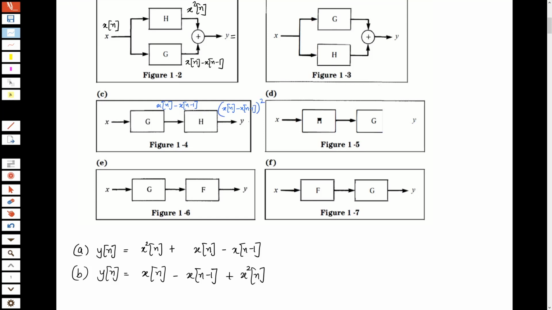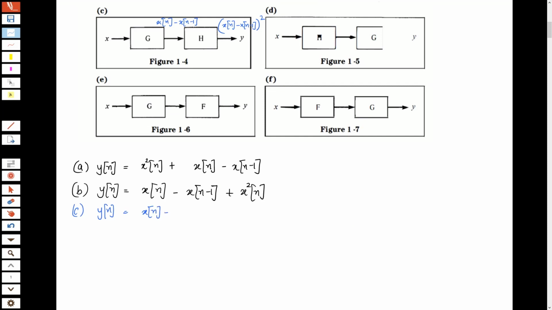This is what is going to be the output. So let me write it. y[n] is x[n] minus x[n minus 1], the whole square. You can also open it up and write it as,